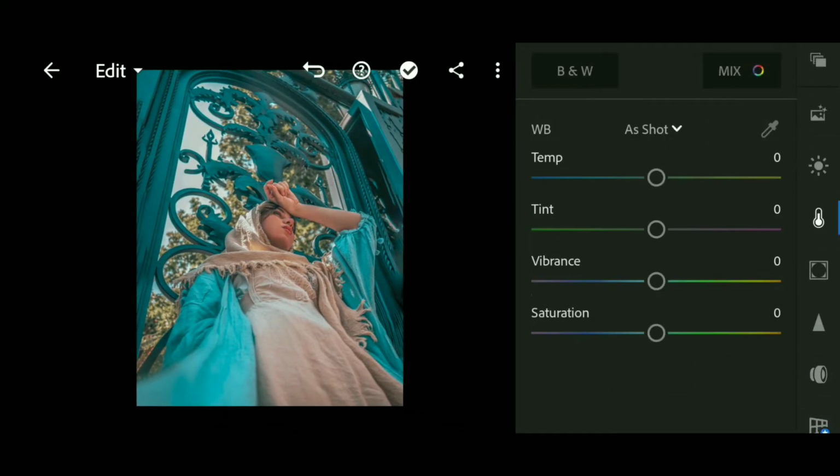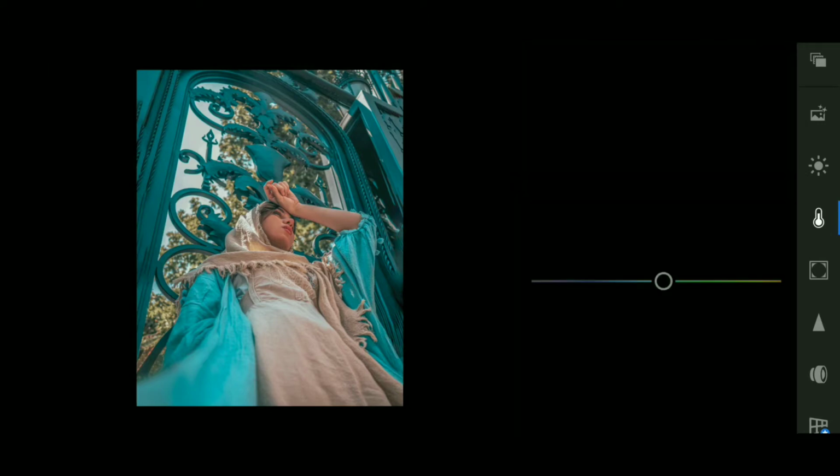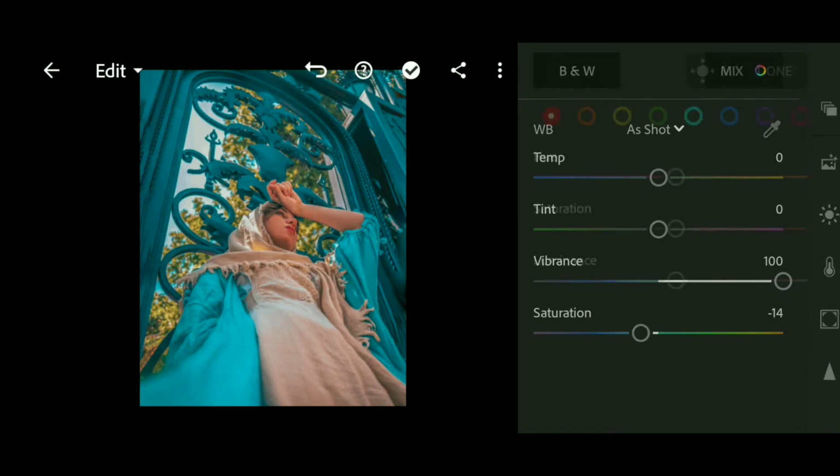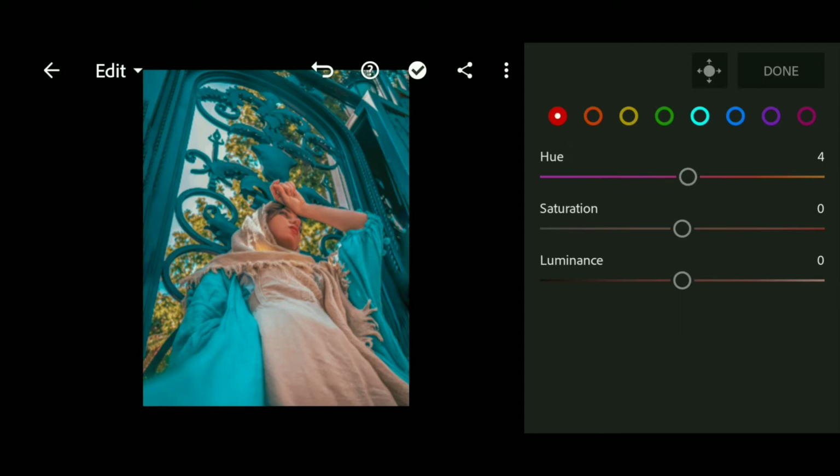Next, color. Temperature and tint 0, vibrance to 100, saturation to -14, then color mix, hue to 10, saturation to 30, luminance to 20,